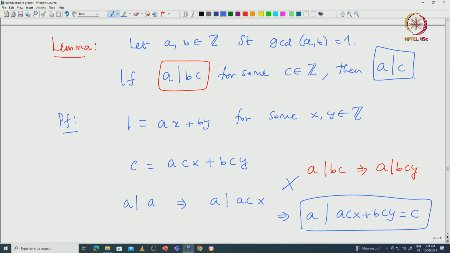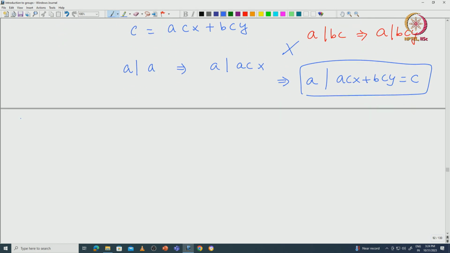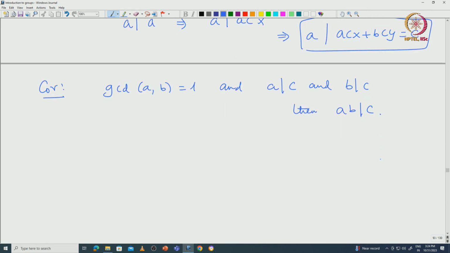So this is called Euclid's lemma. This also has a name in the literature. So Euclid's lemma. Okay. So, now as a corollary you can also prove the following. If A and B are co-prime, okay, as before, so the GCD of A comma B is 1, and let us say A divides C and B divides C. Okay. So then what one can conclude is that AB must divide C. Okay. So, I will leave it as an exercise to check this. This is not that hard to check.